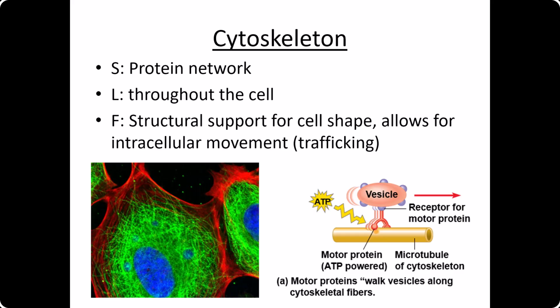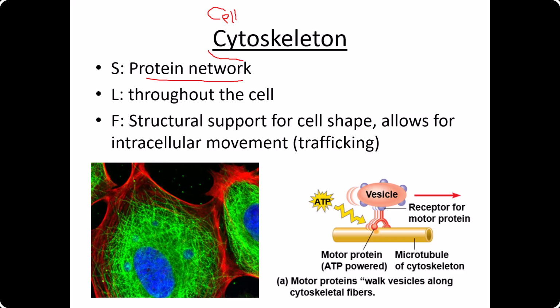The cytoskeleton is a network of protein filaments that are located throughout the cell. The root word cyto means cell, and then I think you probably have an idea what skeleton means. So in this case, the cell's skeleton is this network of protein fibers. It gives the cell structural support, it helps the cell have special shapes, and it also allows for intracellular movement